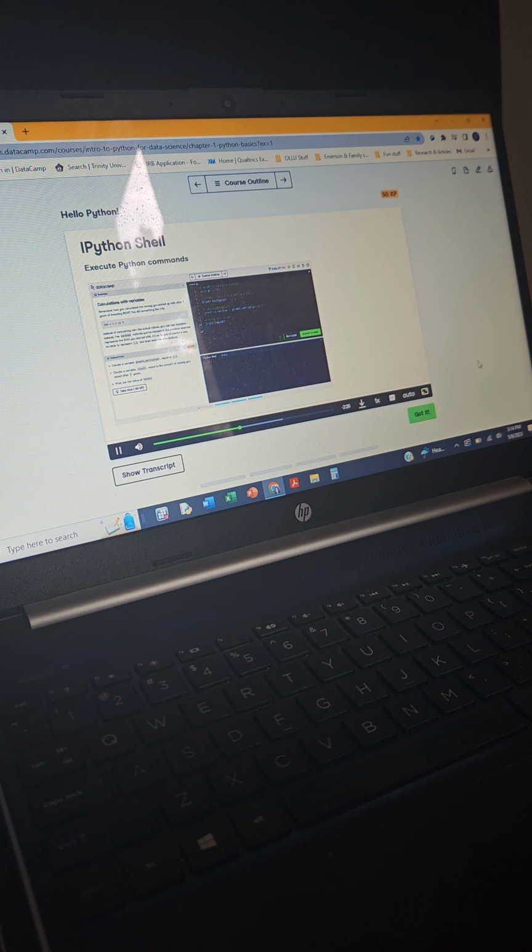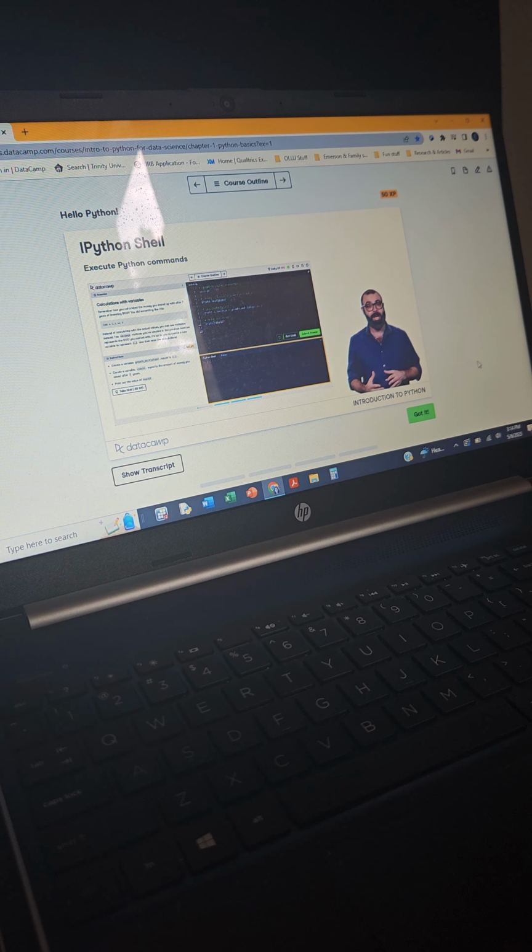I'll start with the Python shell, a place where you can type Python code and immediately see the results. In DataCamp's exercise interface, this shell is embedded here. Let's start off simple and use Python as a calculator. Let me type 4 plus 5 and hit enter. Python interprets what you typed